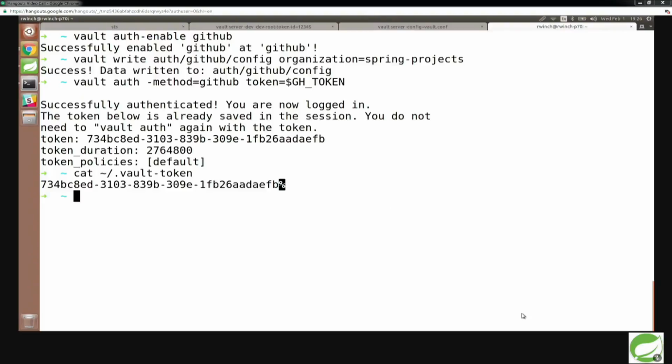So it doesn't use GitHub for the whole duration. It just uses that initially, and then assigns you a token and behaves as it does normally. So once you've authenticated, you use a token. That's the only built-in mechanism into Vault, and as it should be. And it uses that token for the rest of the duration of your session.